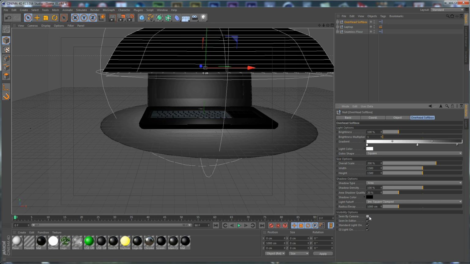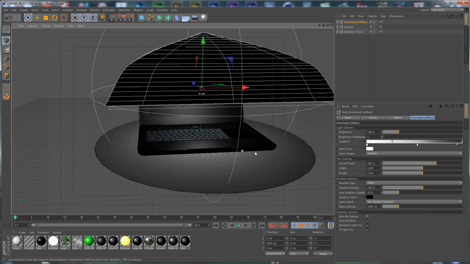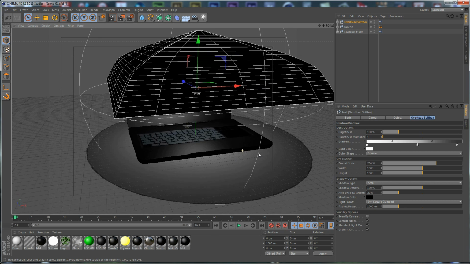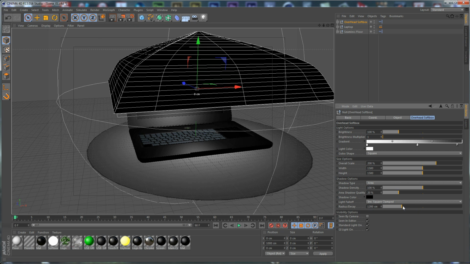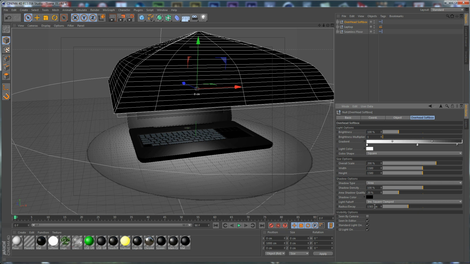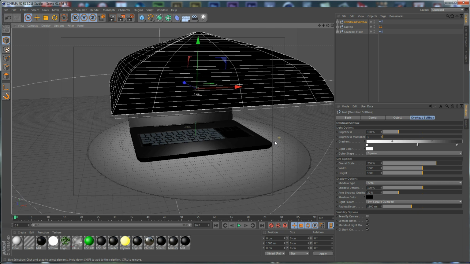We don't want to see it in our final render, so we need to turn off the scene by camera. Also, what we need to do is to increase our radius here to something like so,